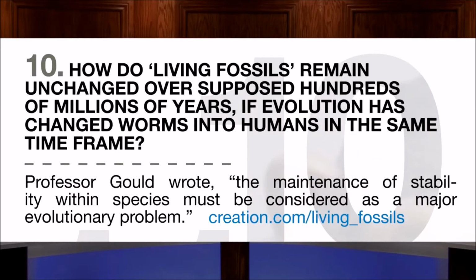How do living things remain unchanged over supposed hundreds of millions of years if evolution has changed worms into humans in the same time frame? Professor Gould wrote, the maintenance of stability within species must be considered as a major evolutionary problem. Living fossils. And there's a web link there. Yeah, you can see it on the screen there,